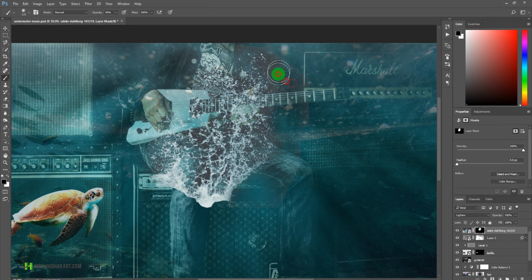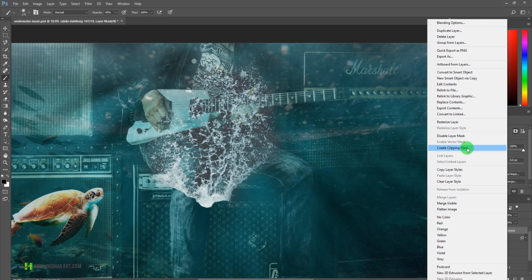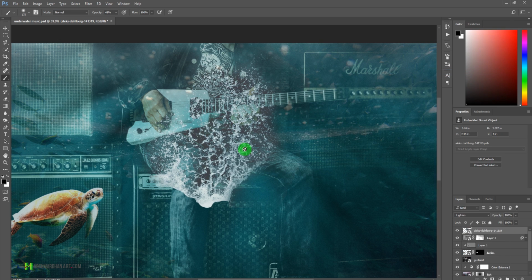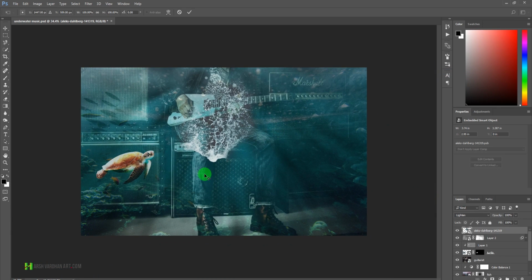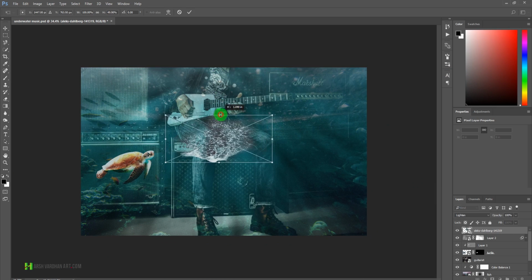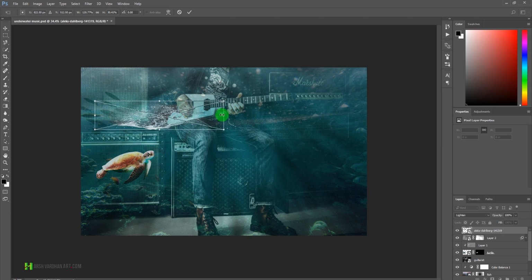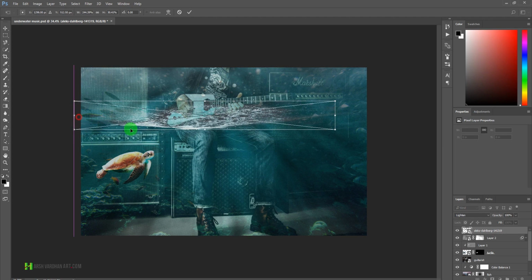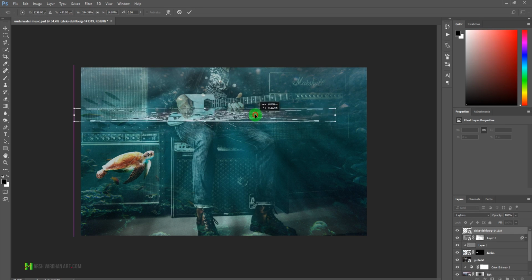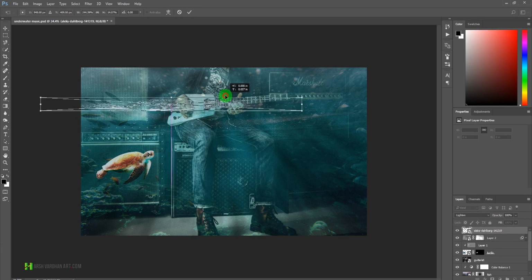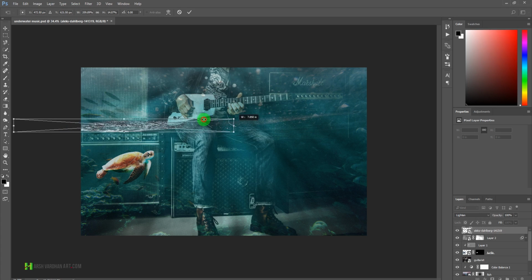Okay, or you can make your own selection and remove all of this from it. Okay, and now right click and select convert to smart object. Okay, and let's press Ctrl T or Command T, resize it and drag it over here and make this larger and this one even smaller, and place it something like this over here,